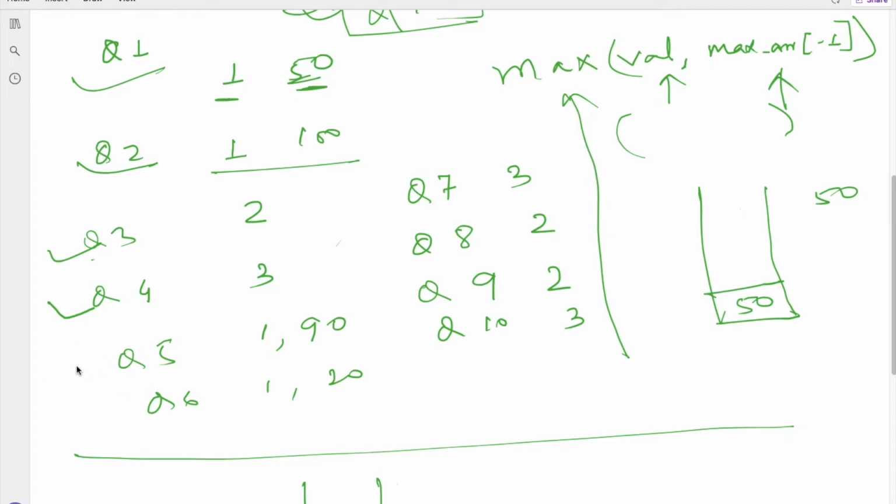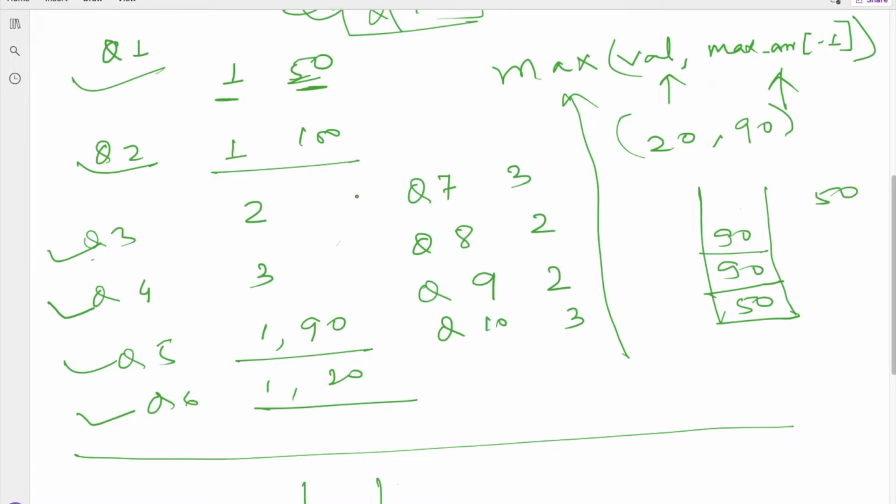Now query 5 is again insert, means we have to insert this 90. So here my incoming value is 90 and the maximum value present at the top is 50. So here it will return 90. So 90 will be updated here. So we are done with this query 5. In query 6 again we have operation 1 in which the incoming value is 20 and the maximum value at the top is 90. So what is the maximum? 90. So 90 will be updated over here.